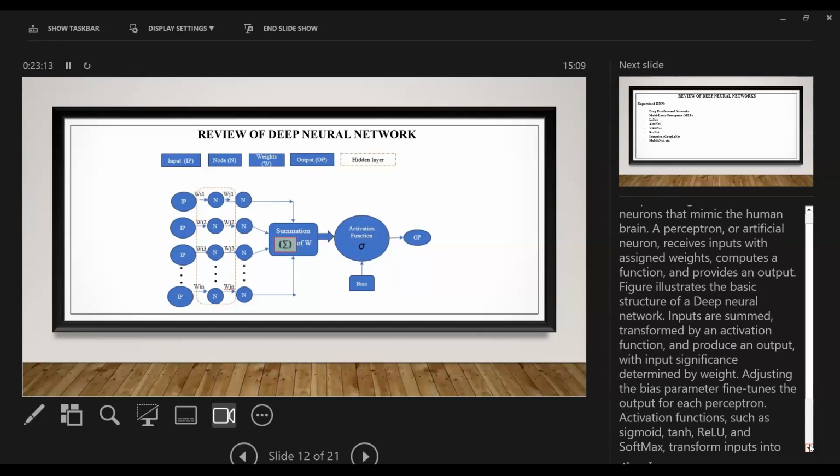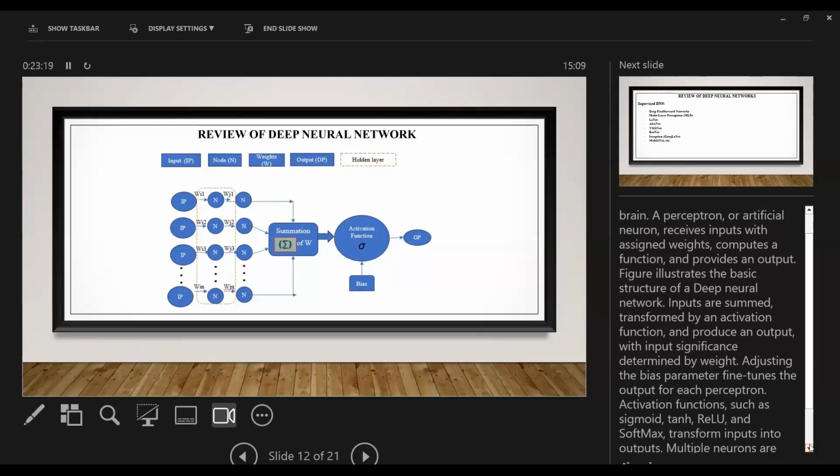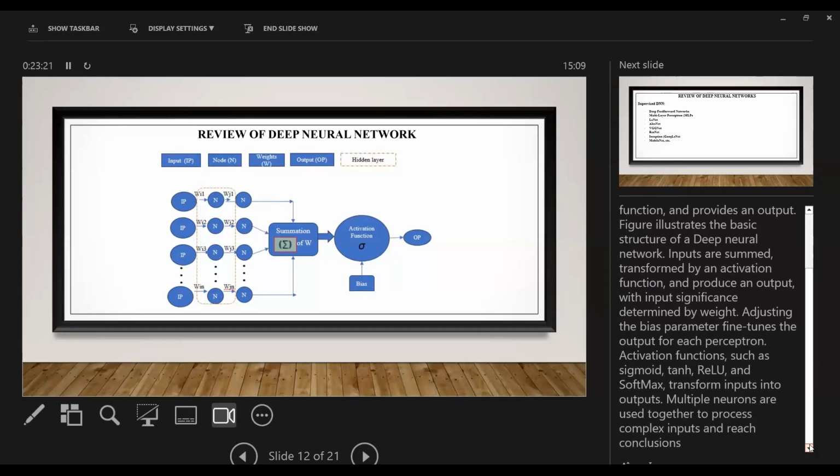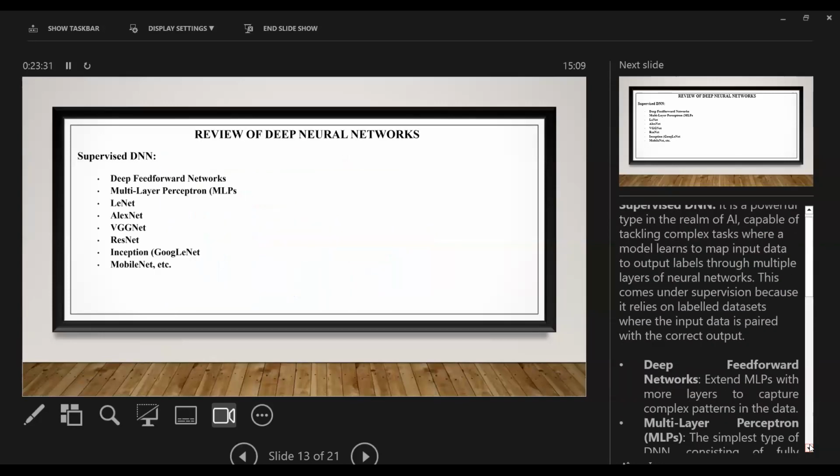Adjusting the bias parameters fine-tunes the output of each perceptron. Activation functions such as sigmoid, tanh, ReLU, and softmax, and there are still more, transform inputs into output. Multiple neurons are used together to process complex inputs and reach conclusions.